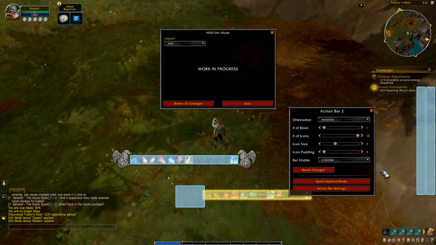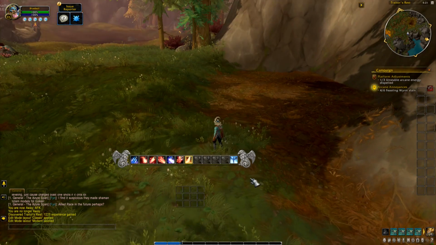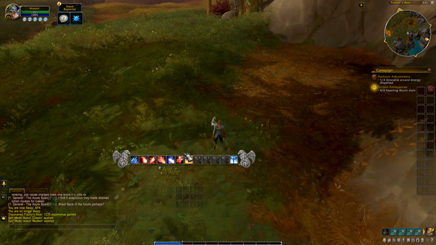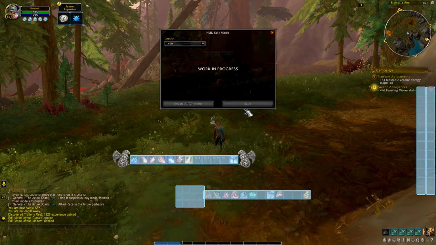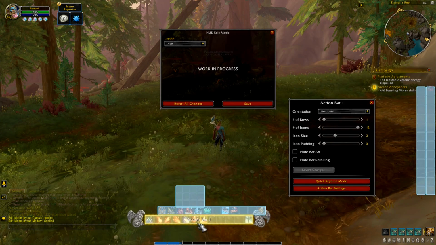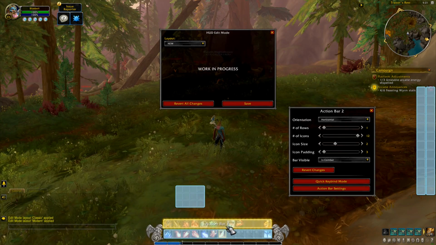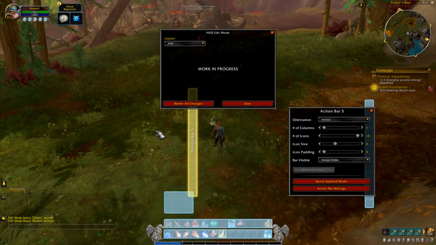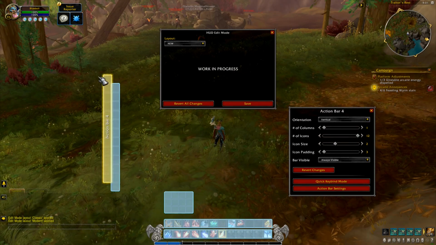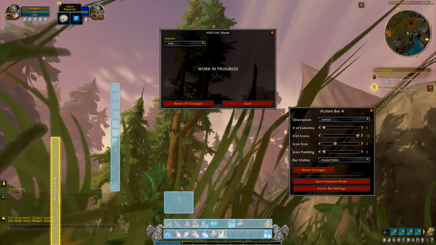Show them in combat. Yep. Now, save. Yeah, they disappeared. I can't mouse over them, though, which is kind of a problem for me. I would like mouse over. But that's okay. I'm one who's probably going to stick with my current UI. I've been using it for years. I like it more. But for those that don't want to do add-ons, this is so much better. This is so much nicer. You can move these all over the place, wherever you want. That's pretty nice. Can't move those and can't move this, but you can move the bars